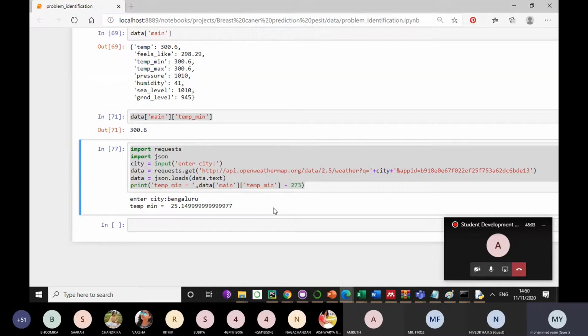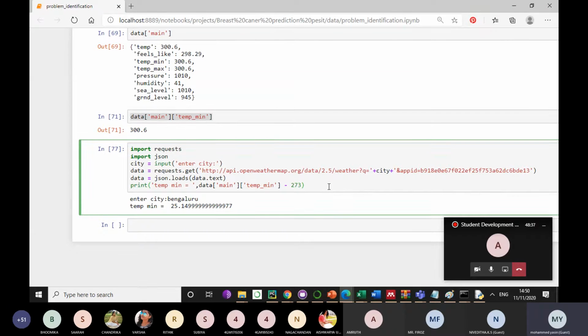JSON parsing. You can also put it in your technical skills: I know JSON. If you write the keyword JSON, the Naukri.com people, when recruiters are searching for profiles, will be looking for these kinds of words. JSON, Python, machine learning, specific algorithms like decision tree, and package names like pandas.